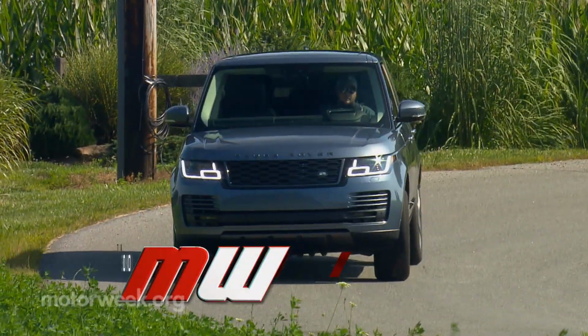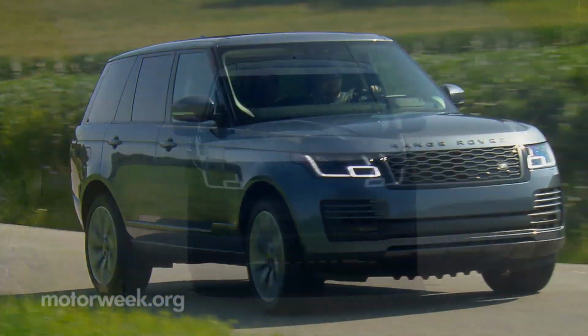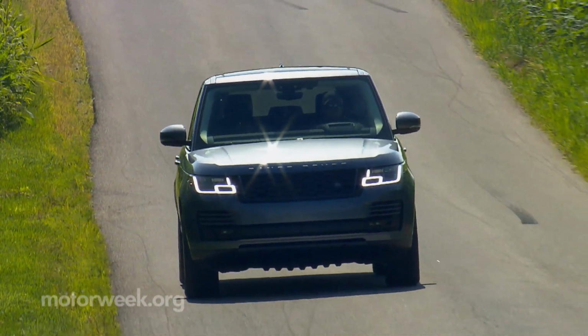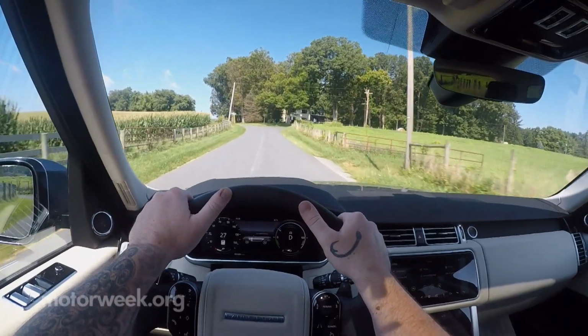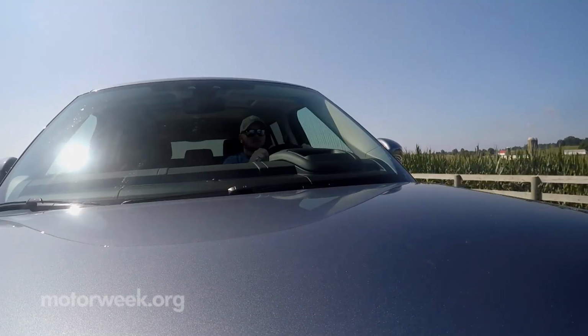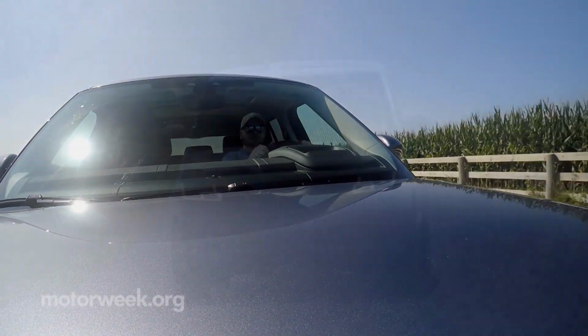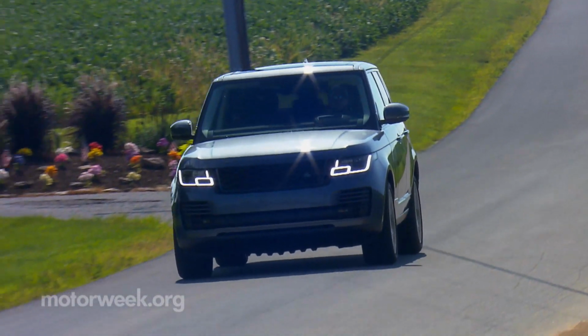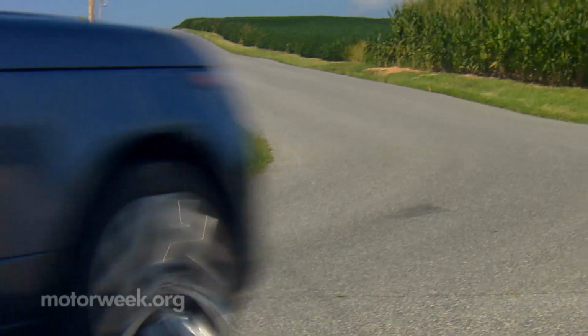Land Rover claims to have created the luxury SUV segment with the original Range Rover in the 1970s. Like seemingly all things these days, that is certainly debatable. But one thing is definite: Range Rover is close to the ultimate in luxury off-road transportation. And vehicles like this 2020 Range Rover P400e prove that Land Rover continues to look forward rather than rest on